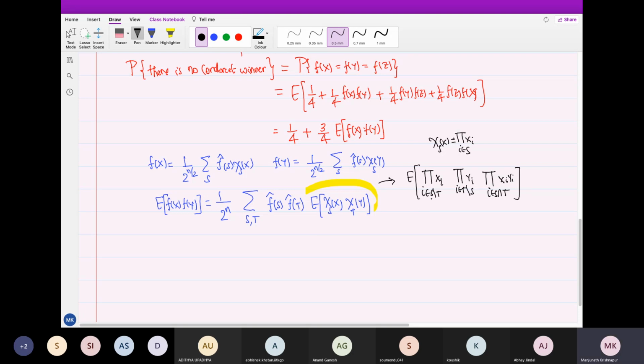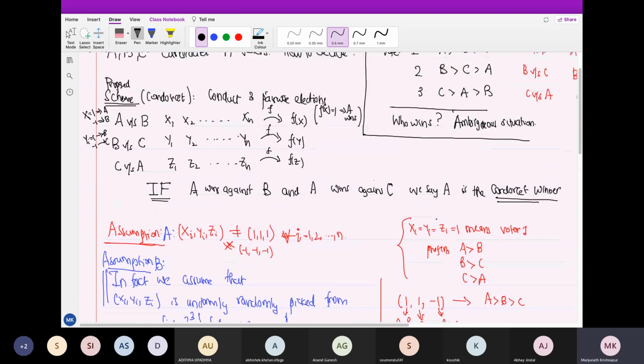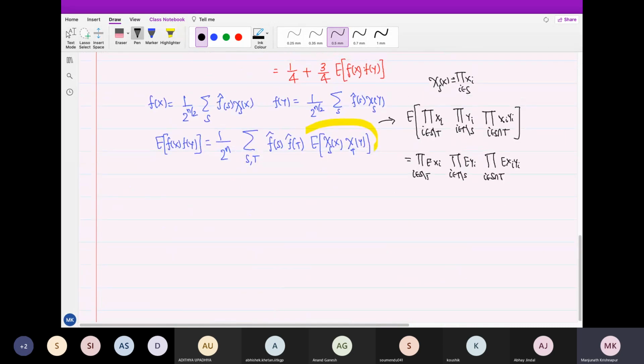Okay. Now this factors, these are all across i, there is independence, right? So you get the product over i in S \ T of expectation of Xi, the product over i in T \ S of expectation of Yi, and the product over i in S intersection T of expectation of Xi Yi. Now the thing is, each Xi is unbiased. It is equally likely to be +1 or -1. So these things are 0